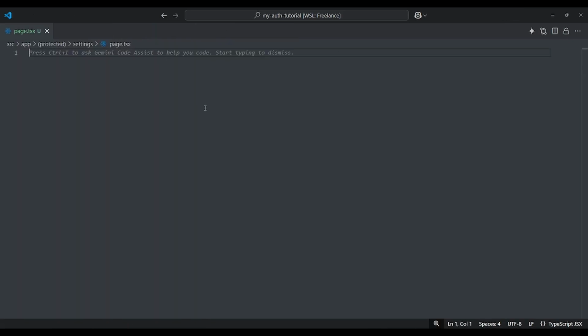Now let's make this our settings page. The purpose of this is that I mentioned earlier, when we click the login button, we will be redirected to a dashboard or a settings page. So what we're going to do here is to create a settings page, the page that we will be redirected to.